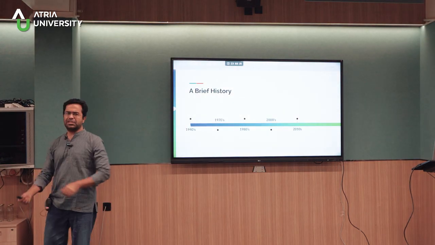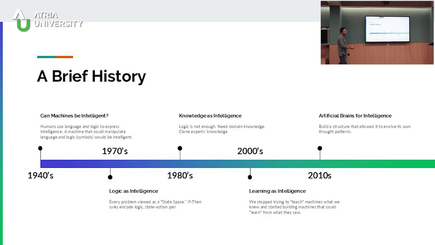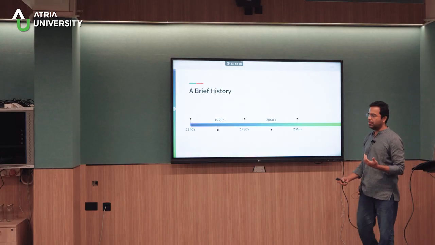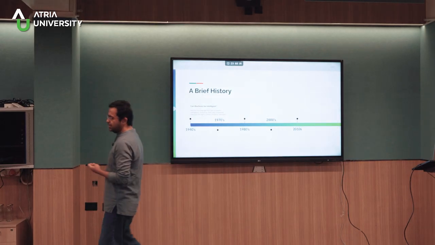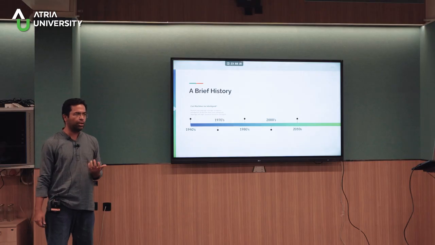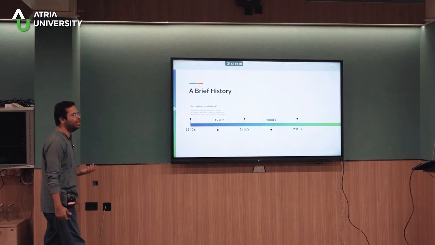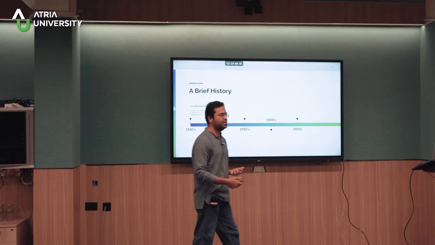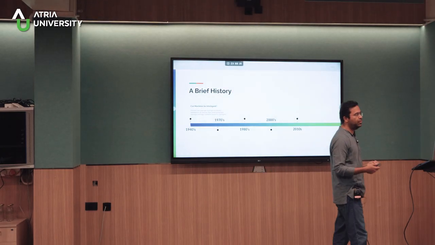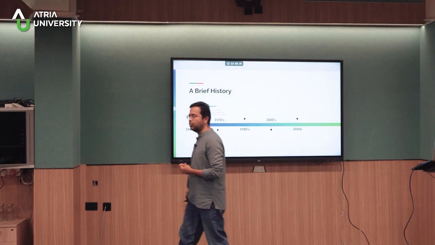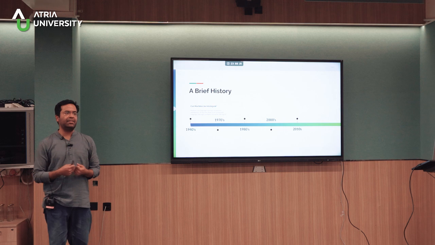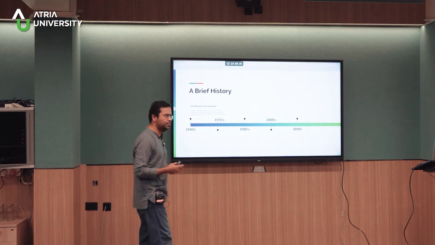And this is my first overview slide, the timeline. This is also the last slide that I will put, so that you understand the slide in a different way. So if you look at the history of AI, we'll broadly start from the 1940s, right? 1940s is not incidental. It was the Second World War, right? And as you know, a lot of technologies get invented because of defense and research departments funding them. And that's the reason the story really starts in the 1940s, and I'll talk more about that as we go along. But it was really in the 1940s that we started asking, can machines be intelligent?